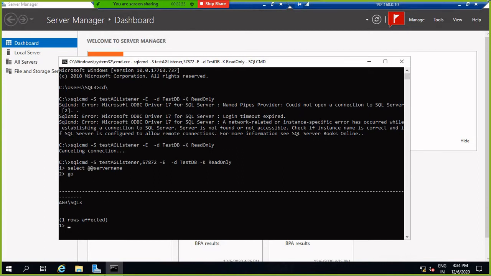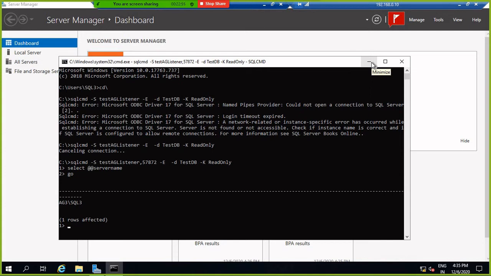Okay, I have come back. So in this way we can do it. If you want, I can show you SQL level authentication also, but the only difference is that for SQL level login we need to put the SID.